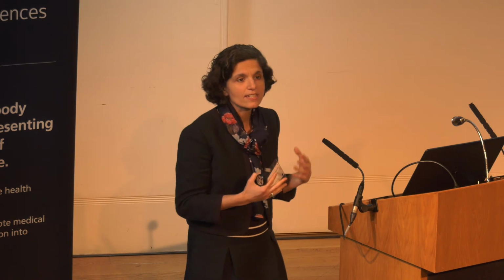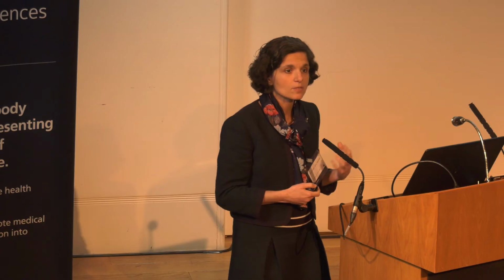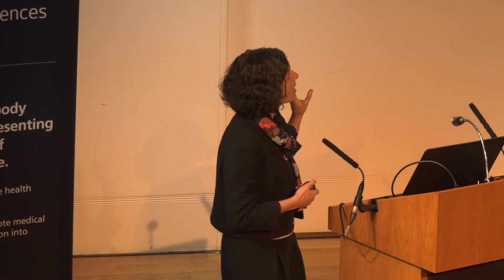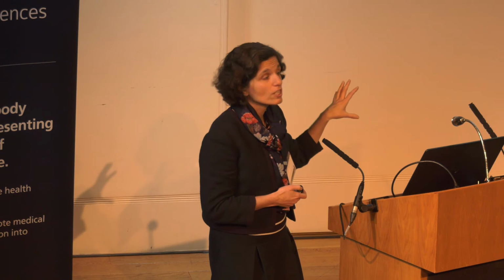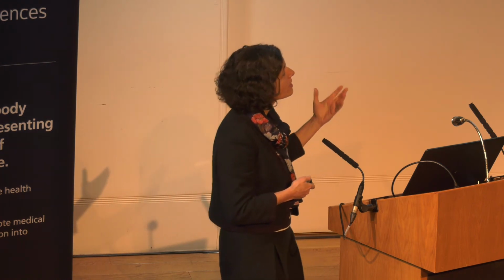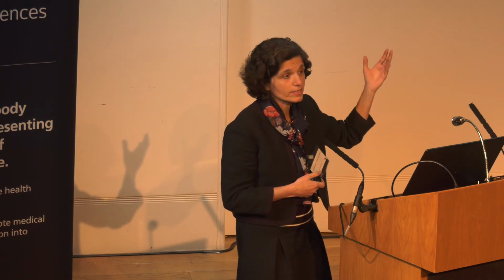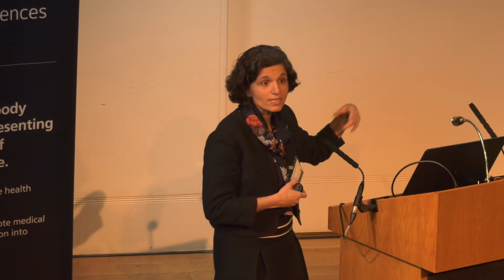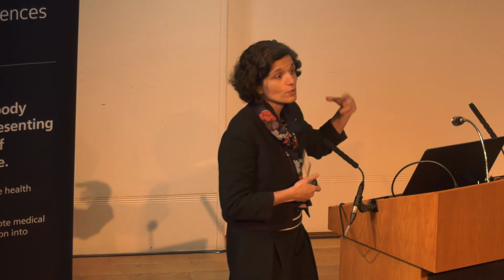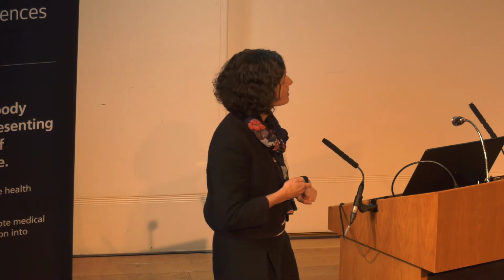Now, what about connectivity? What we see is that the brain, through training and experience in the environment, changes its connectivity. These GABAergic mechanisms that support our ability to learn relate to changes in connectivity. Local connectivity relates to decreased GABA and supports our ability to learn in clutter, while connectivity between sensory areas, in this case visual cortex, and decision-related areas, in this case parietal cortex, increases as GABA also increases to support our ability to make very fine discriminations and perform difficult judgments.